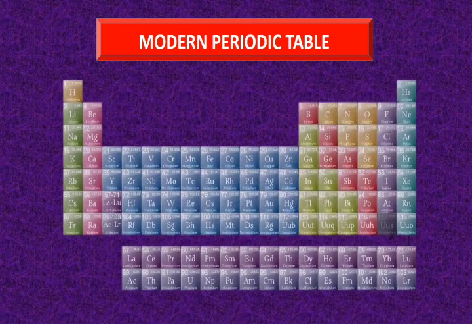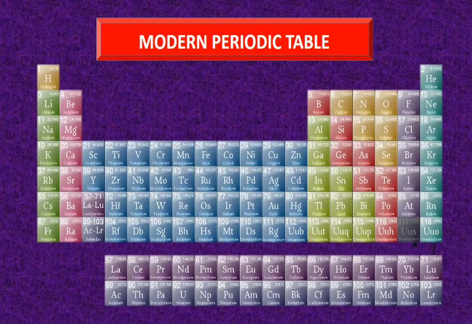Children, we nicely studied the introduction of the periodic table in 9th standard. With that previous knowledge, shall we start today's class? We know earlier scientists made several attempts to arrange elements in a well-defined manner. In 1912, Henry Moseley, a British scientist, discovered a new property of elements called atomic number. This provided the best basis for the periodic arrangement of elements.